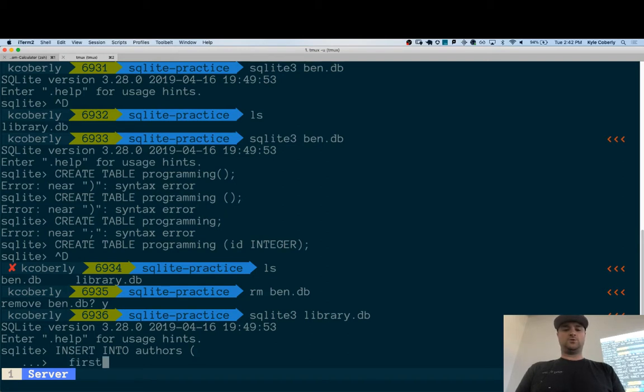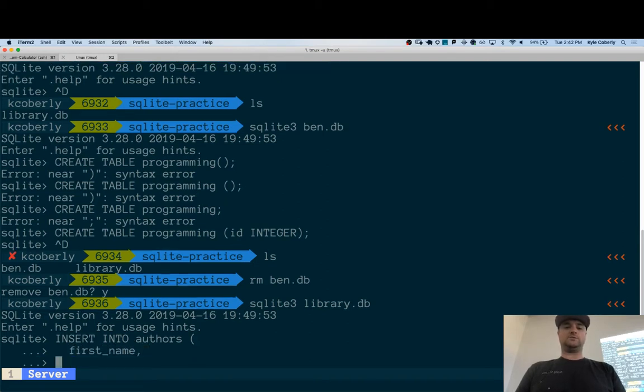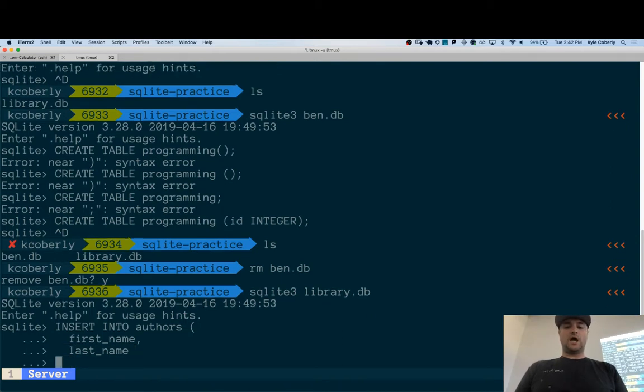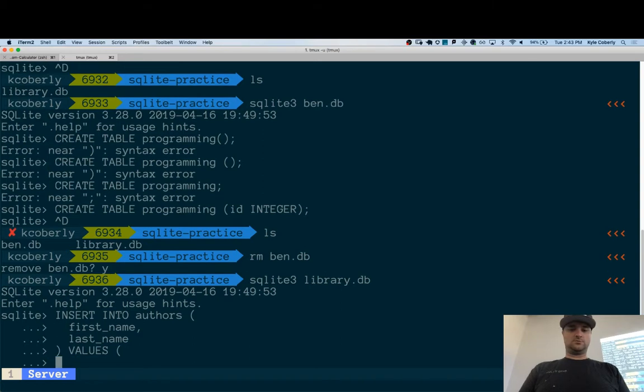I want to add our first names and our last names. I need to specify that because you don't have to insert into every single column, and you can insert them in whatever order you want. You're saying that this is the order I want to do these inserts in. All right, and then values,